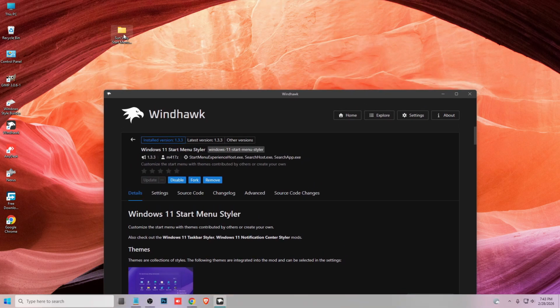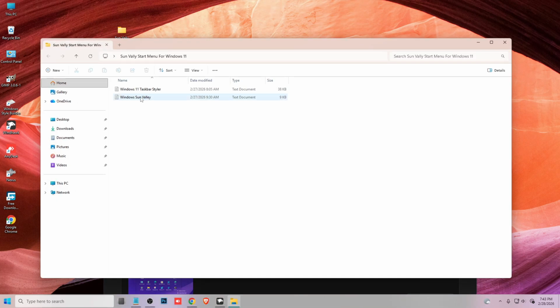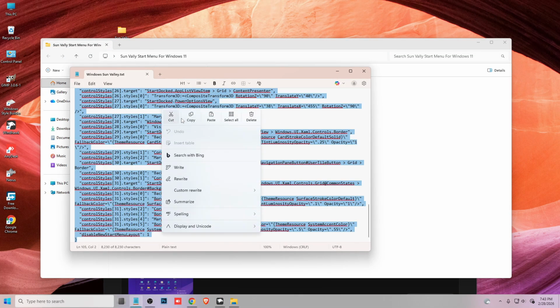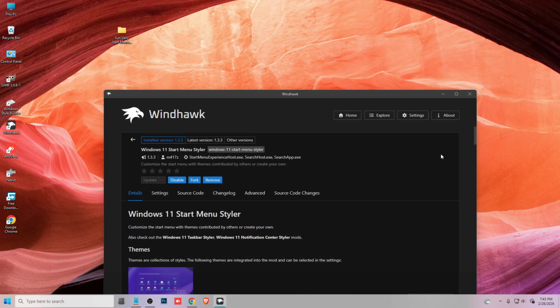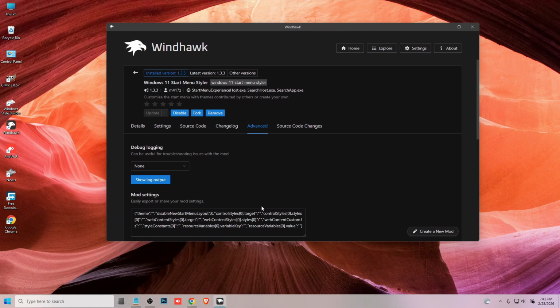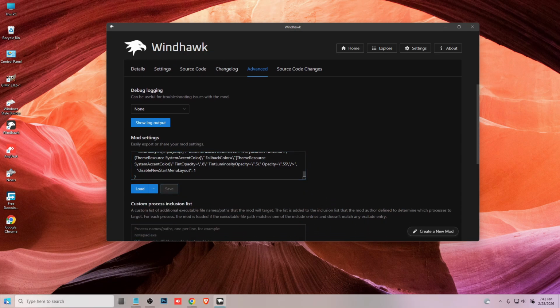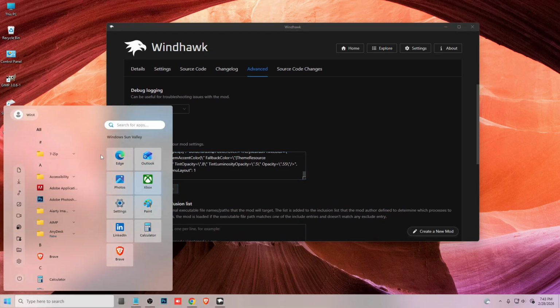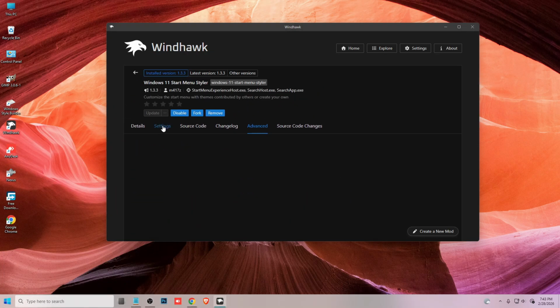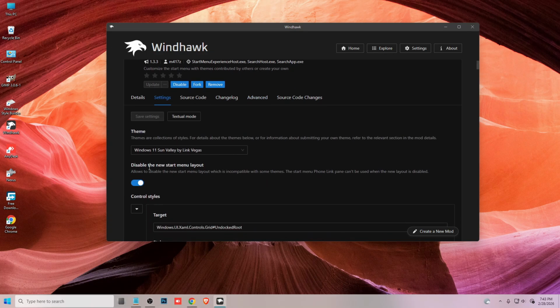After installation, go to this folder again and copy this style script, and then go to advanced and paste it here, and then click on save. Okay, if you see any kind of error, just go to this settings and turn on disable the new start menu layout,